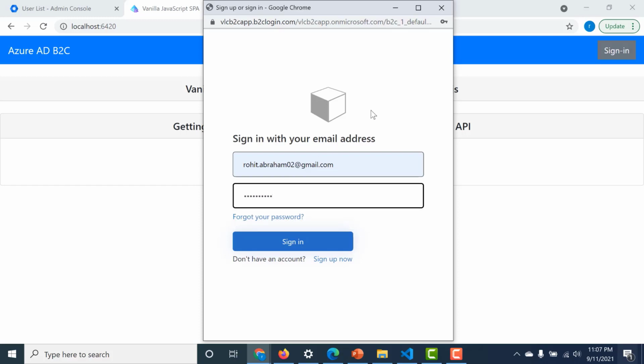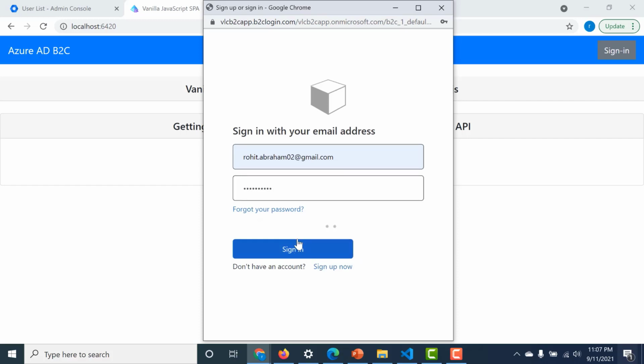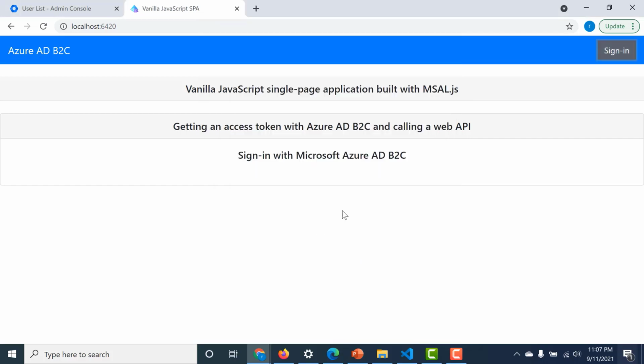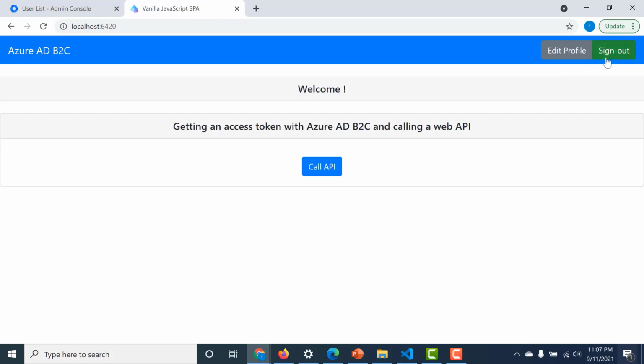Here you can see that I'm not connected to any external identity provider. This is just my Active Directory that I'm going to use currently. I click on sign in, and you can see that I have been logged in. Now, if you're creating an application for customers, you would also want to connect your application with external identity providers like Gmail, Facebook, etc. That's something that we'll see in the next chapter. So I'll see you there.